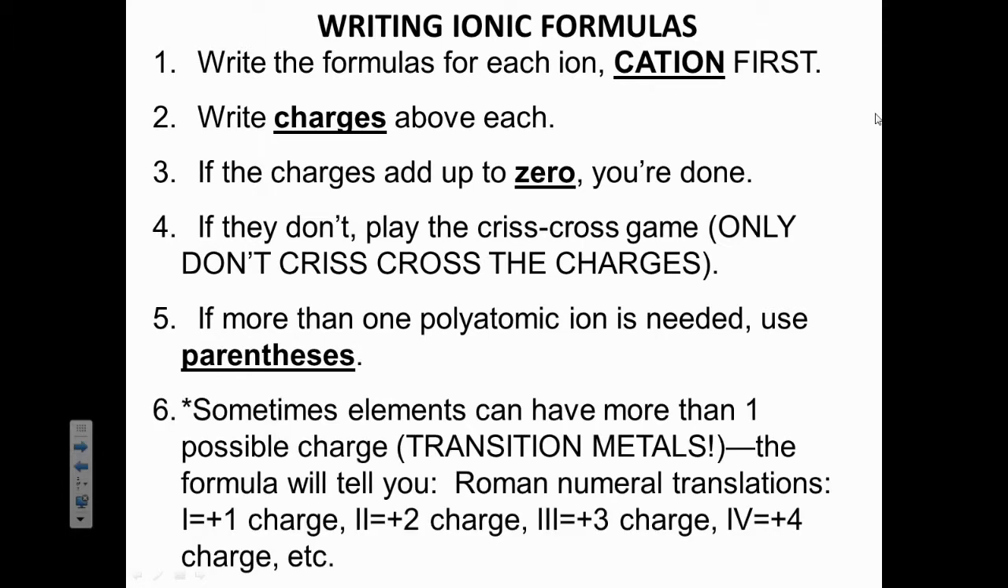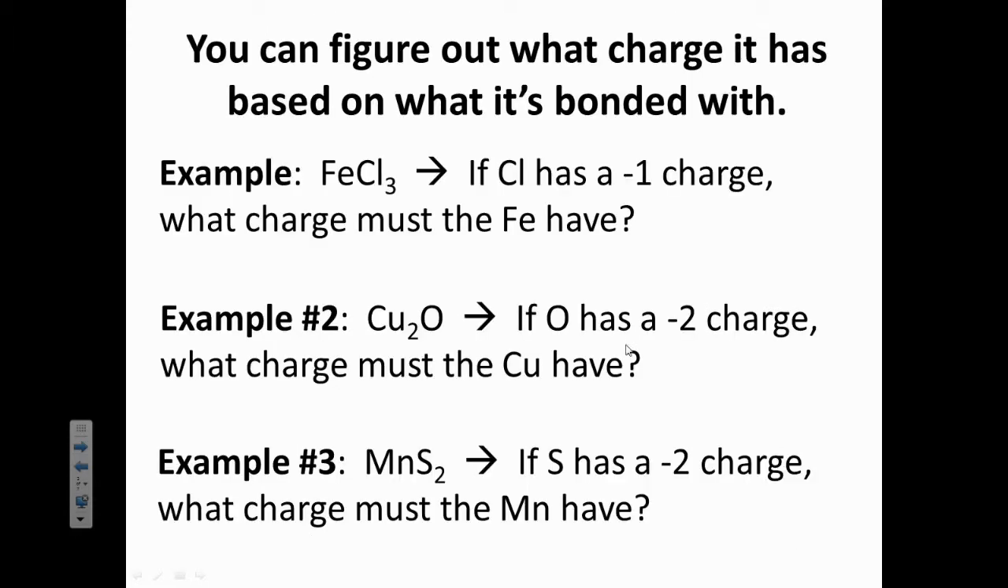Note, sometimes elements can have more than one possible charge, the transition metals, and so you'll see that the name tells you, based on the Roman numeral, what the charge of that cation is. And just to refresh your brain on Roman numerals, here's a Roman numeral 4. Okay, so for example,